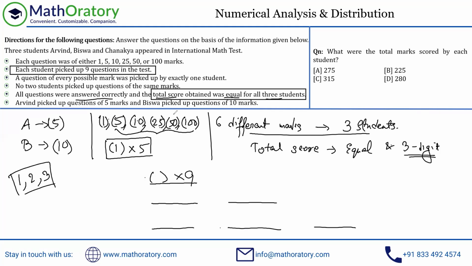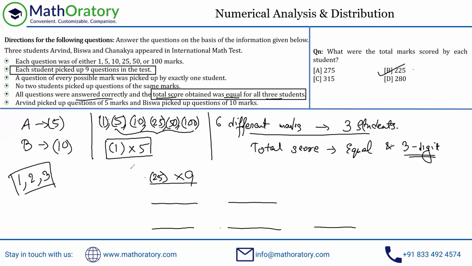You can work out with these options itself in this case. The only thing that works out here is 9 into 25 is 225, right? Only that is a multiple of 9 out here. Nothing else is actually a multiple of 9 at all. So this straight away gives our answer. 315 is 9 into what? 35, I guess. But 35 marks you don't have, so you have 25 into 9. That is the only feasibility out here. So now you get the answer for this question as well, and you get the total.